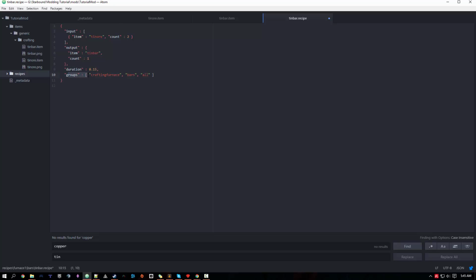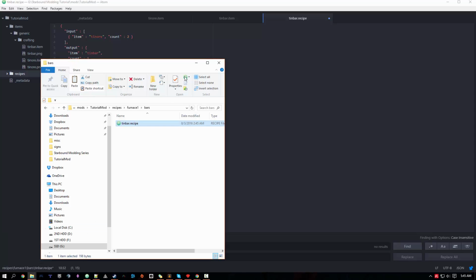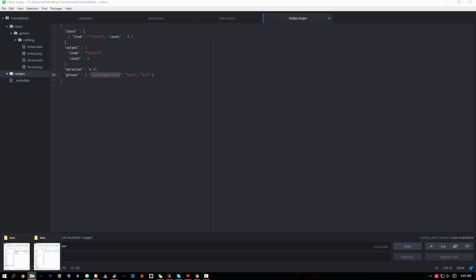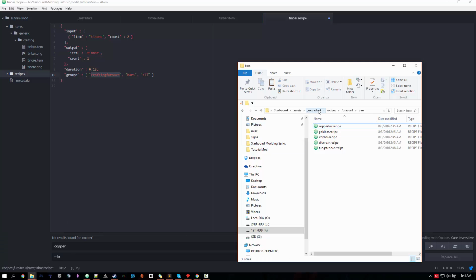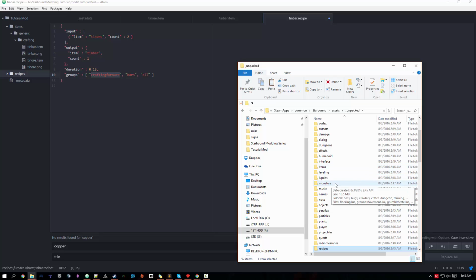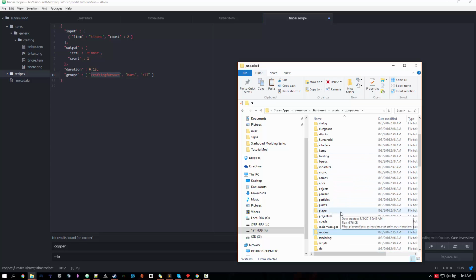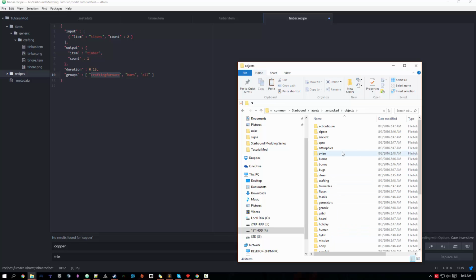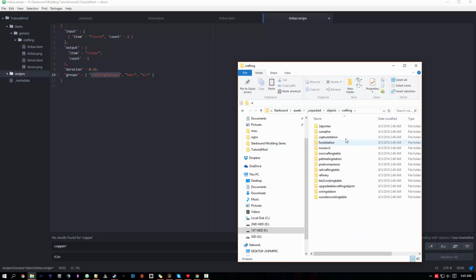And then in here it's got groups. It says crafting furnace. The survivalist furnace block or object, its name is crafting furnace. That's where it gets this from, and I'll show that to you guys here just real quick so you understand. So if we come back to our root for our unpacked assets and we go to objects, and we go to crafting,